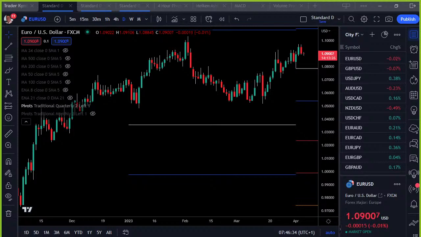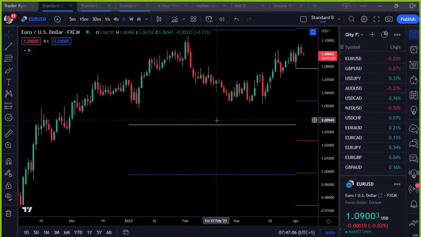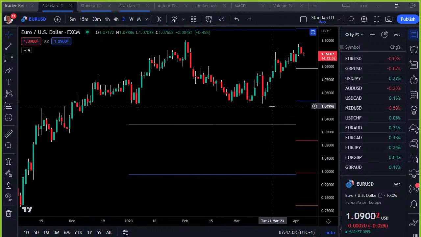So just a pre-warning before I move on and do the outlook. Tomorrow is a bank holiday in the UK here, as is Monday, so I won't be around tomorrow or Monday. Around about 40% of the volume goes through the London market, so when they're on a bank holiday it is normally quite quiet. Now that doesn't say there won't be movement, and we've got non-farm payrolls tomorrow afternoon, so we could see some volatility around that, but it certainly won't be for me. I shall leave the two days alone, so that's Monday and Friday, bank holidays in the UK.